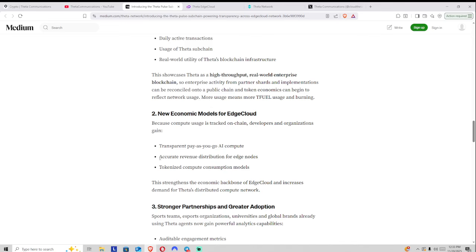We can actually get accurate revenue distributions for edge nodes. Better data feeds means we're able to dial in the service and what we provide to you as a client. So there are also other elements with different compute elements that are going to be dialed in as well.